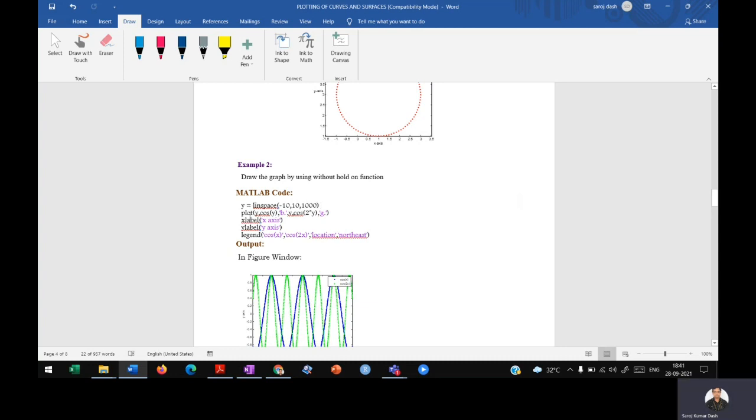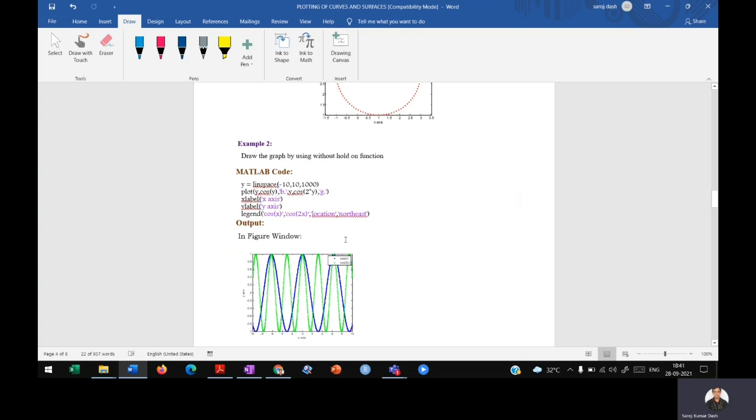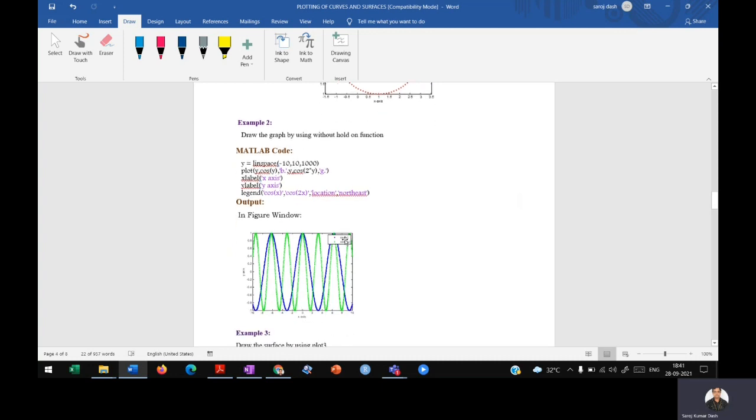In Y. Now we are going to plot cos y with blue color, dotted, and cos 2y with green color for y value. What is the variable? Y only. Independent variable y, and y values we already defined. We have a set of values, then we defined the x label, y label, and legend. Then when you run it in MATLAB, what will we get?